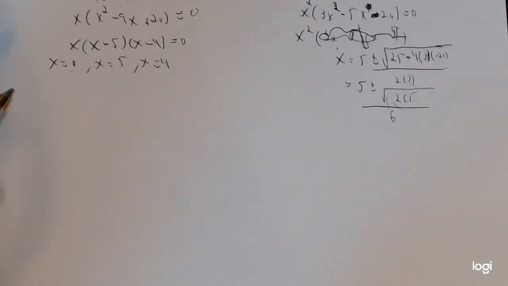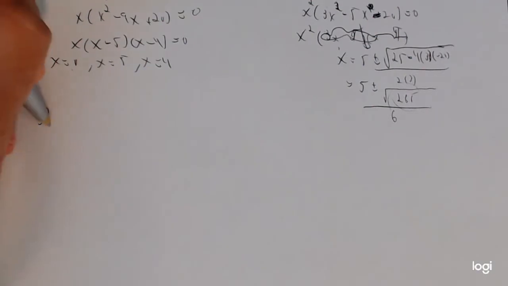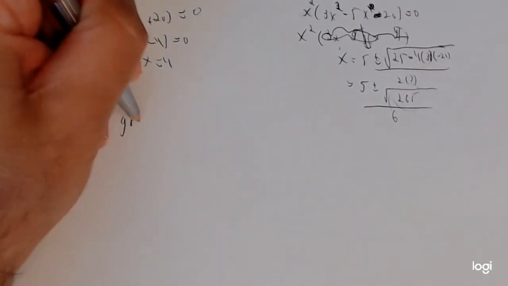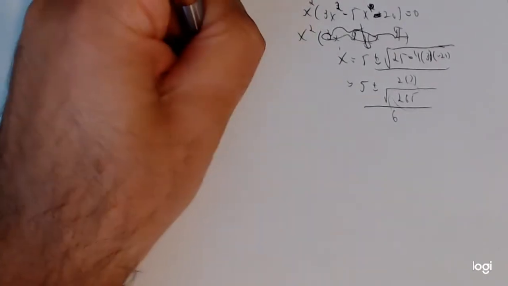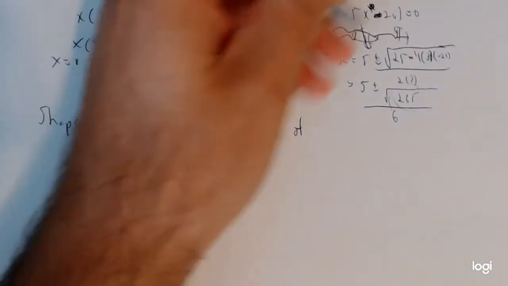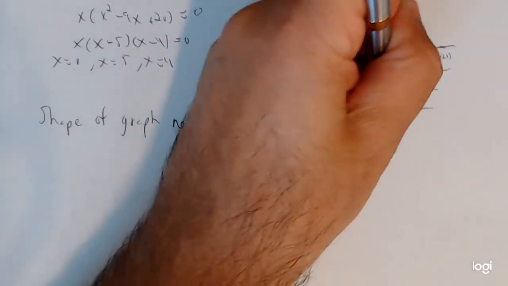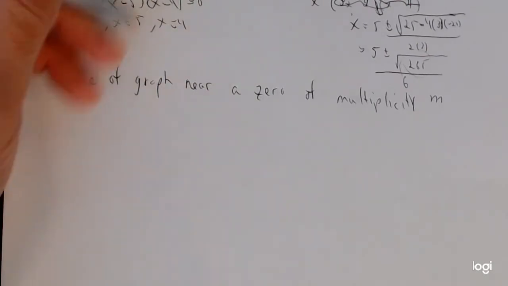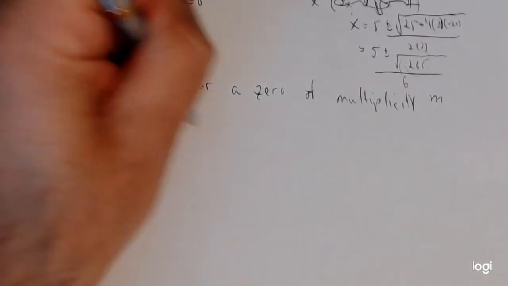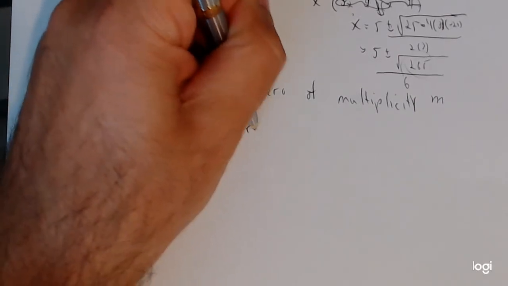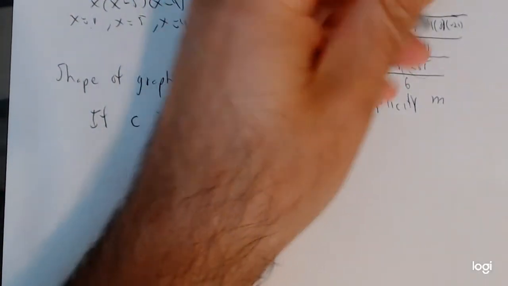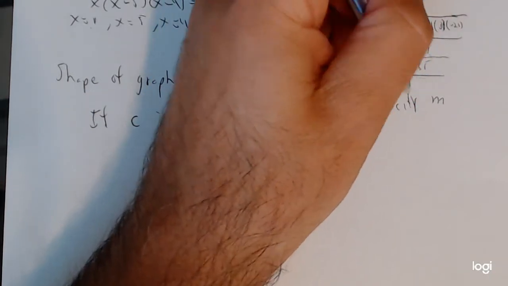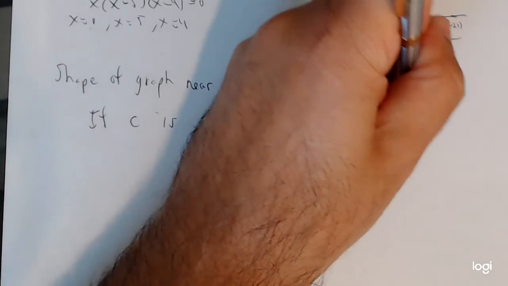Okay, so now the next thing we're going to focus on is the shape of the graph near a 0 of multiplicity m. Now the multiplicity is how many of the same 0 we have. So that is going to matter. That's going to make a difference. So if c is a 0 of P of multiplicity m,